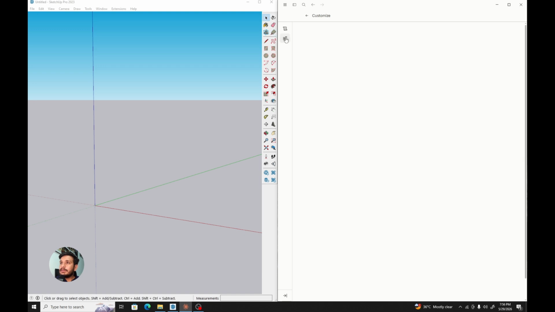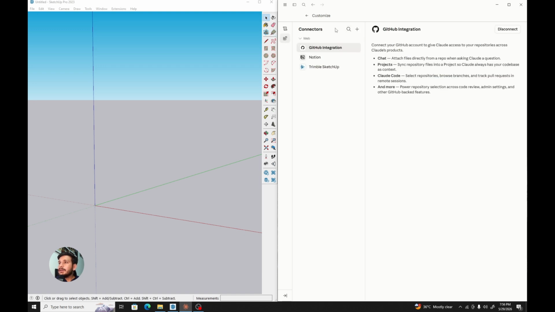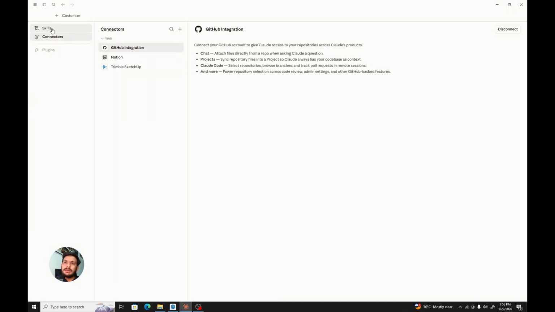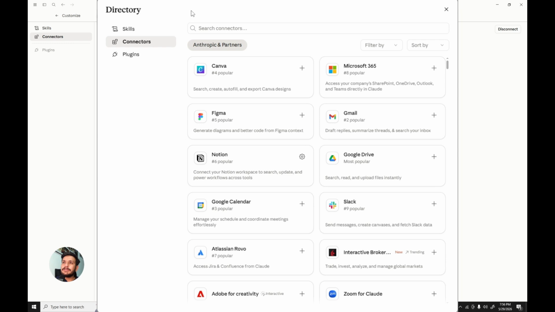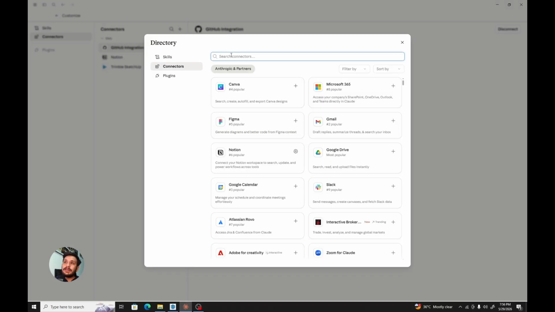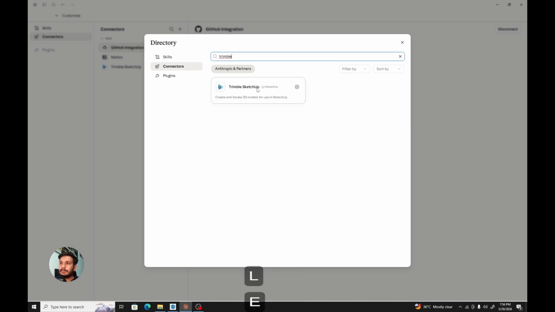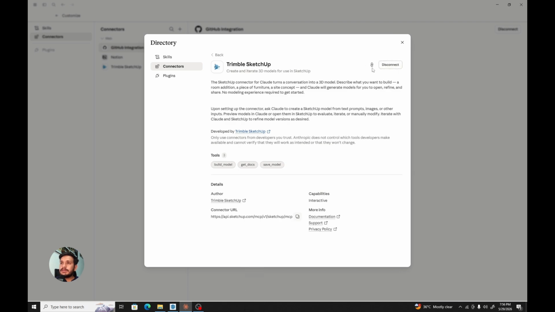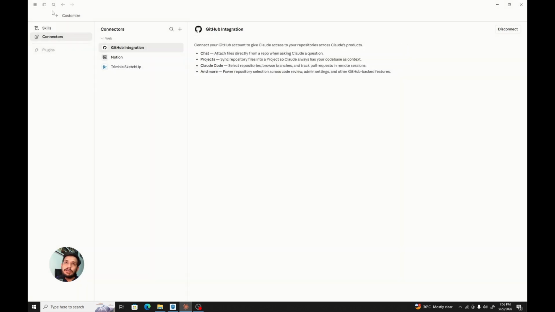If I make it full screen, then I can just click on these connectors or plugins, and if I click here, browse connectors, and then in the directory I will type Trimble. So here, since I have already connected it, you will see the connect button, and you just have to click on connect. Now coming back to Claude,